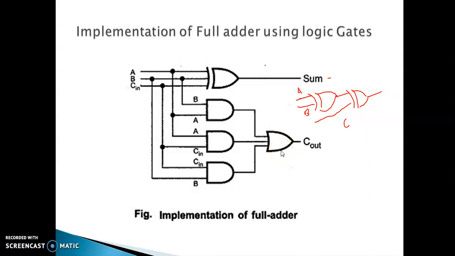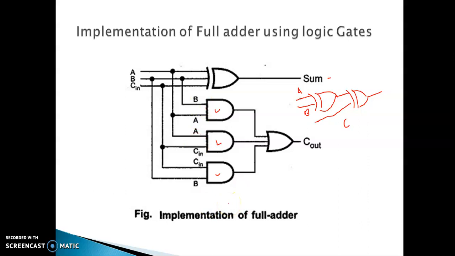Also we know the equation for the carry, it is A dot B plus A dot Cin plus B dot Cin. For that dot product, that is nothing but an AND gate, so we require 3 AND gates. Again, for the sum part, we require 1 OR gate. Here it is shown as a 3 input OR gate. Again it can be shown in a similar way: first we OR these 2 inputs, then the third is added to the output of the first, and you get the final output. So this is the implementation diagram.